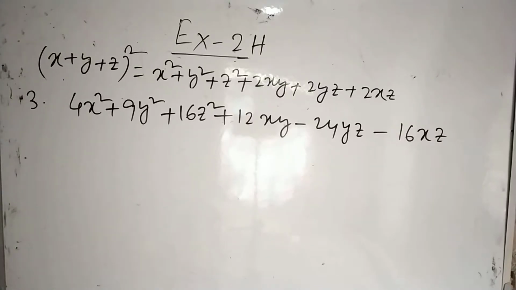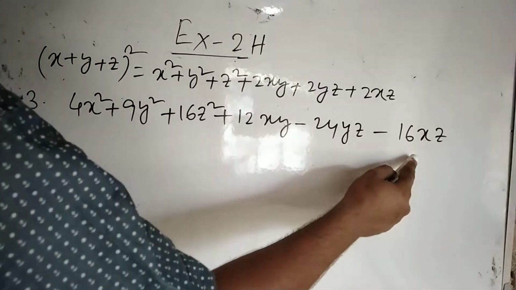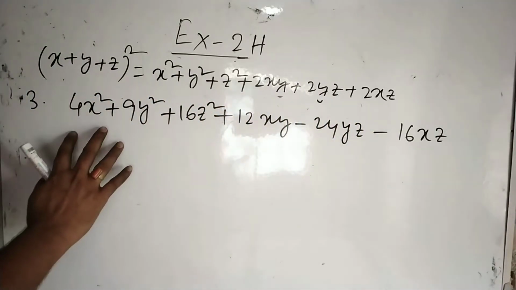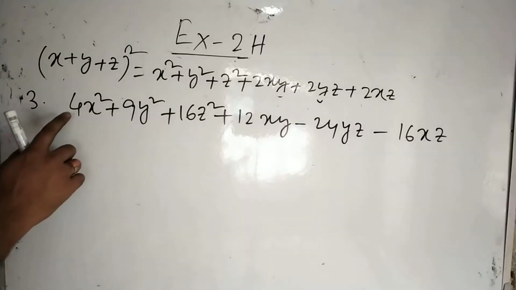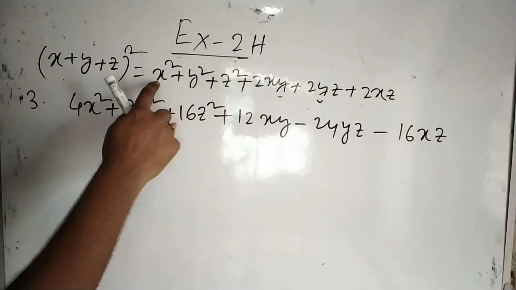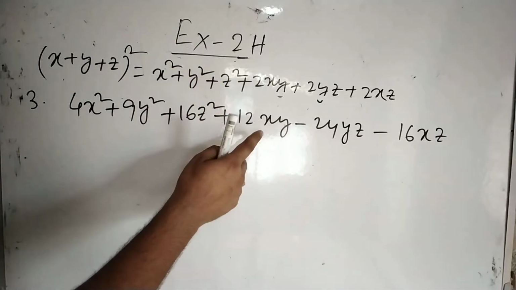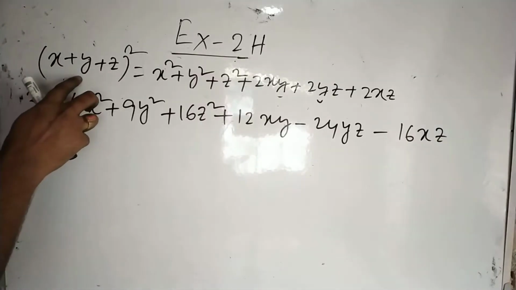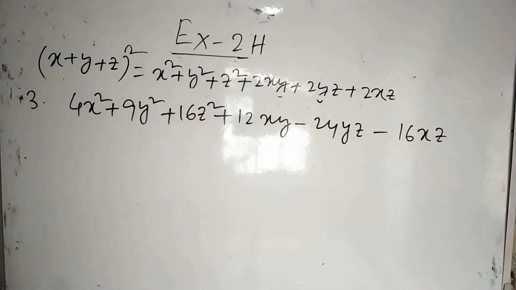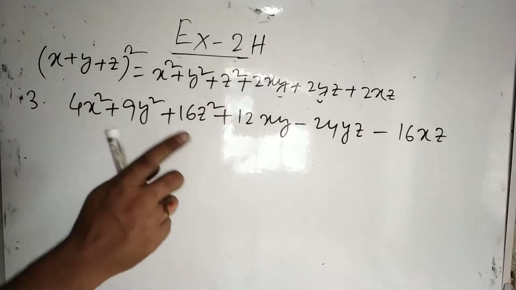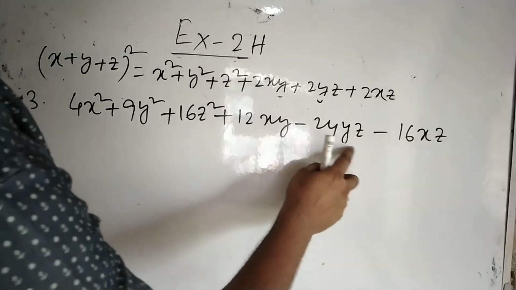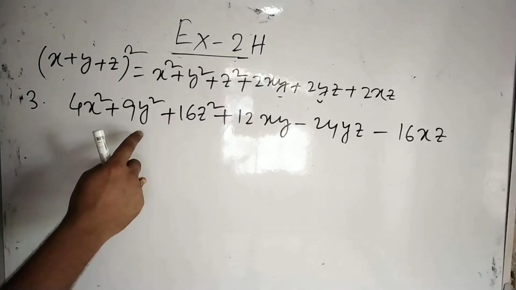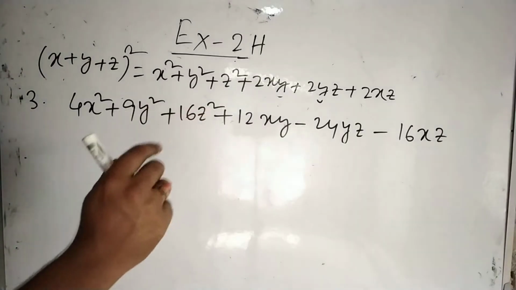Okay, in question number 3, you have to factorize this one. That means this portion is given, you have to write it like this. First of all, observe the whole expression. First one positive, second one positive, third one positive, which are already positive here. Fourth one is also positive. Look, this is the product of the first two terms. This is positive, so the first two terms must be of the same sign. This is the product of the second two terms. This is negative, so either of the second two terms will be negative.